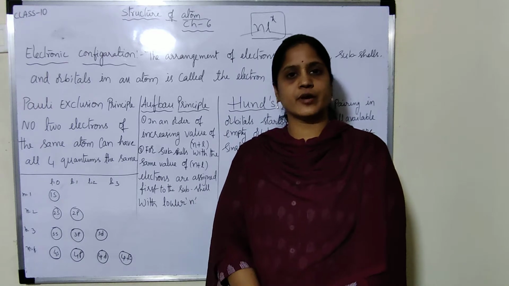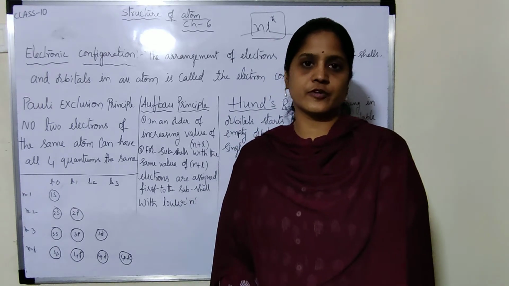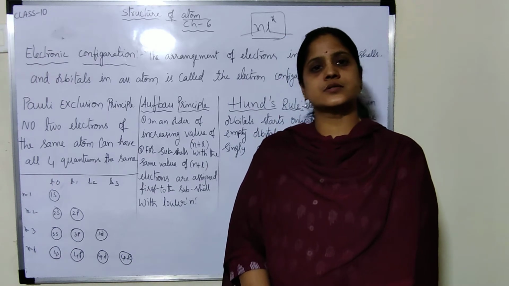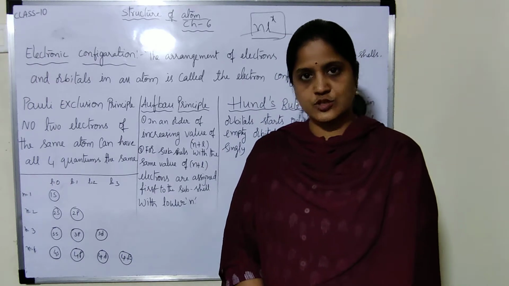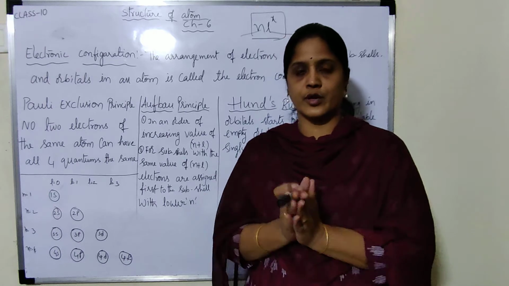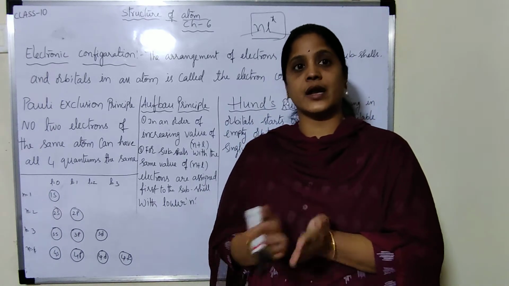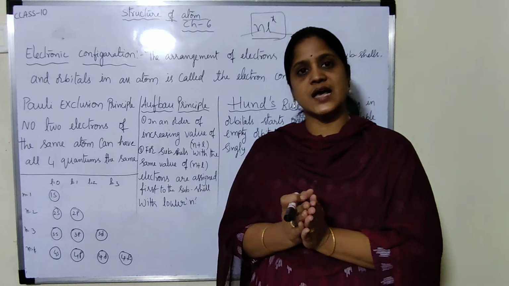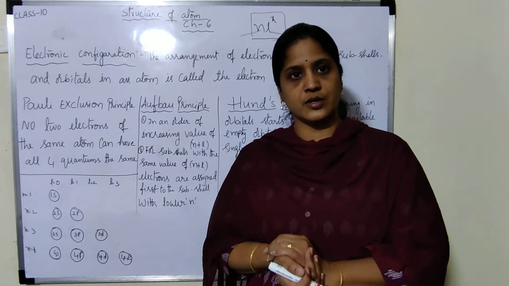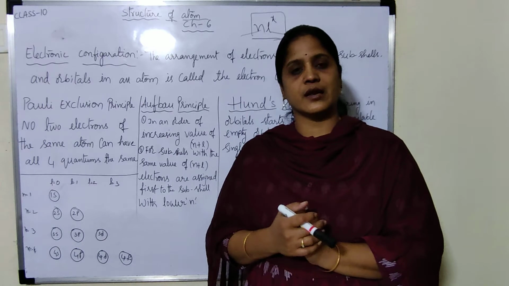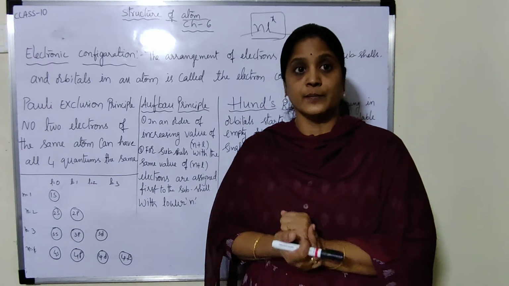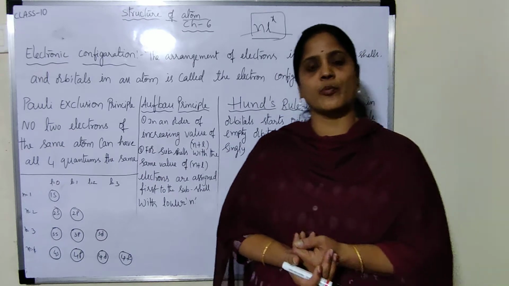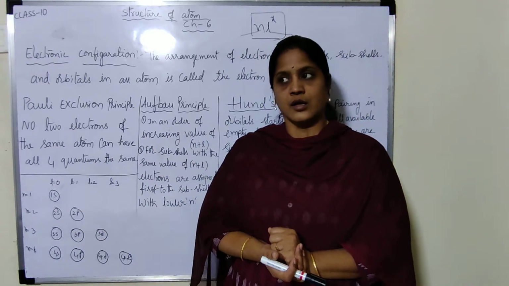In the previous video, we discussed the types of quantum numbers. With the help of quantum numbers, we can find out the address of an electron. That means which main orbit the electron belongs to, how many subshells that main orbit has, how many orbitals that subshell has, and what the spin of that electron is. That all we can find out. But along with that, we can find out more properties of electrons.